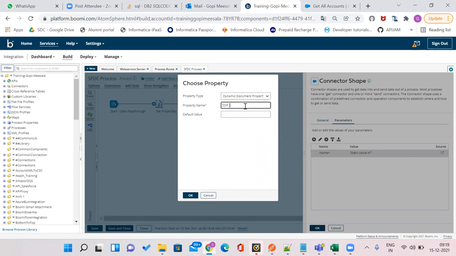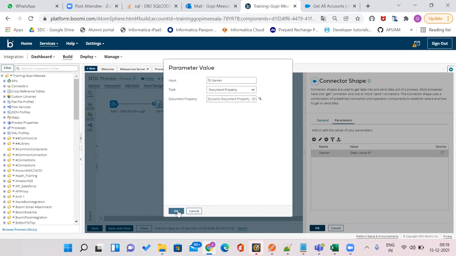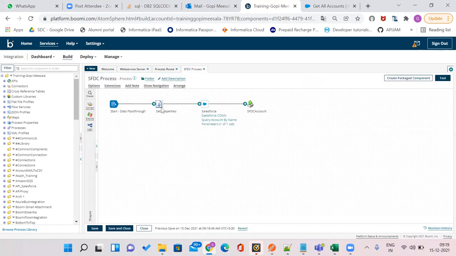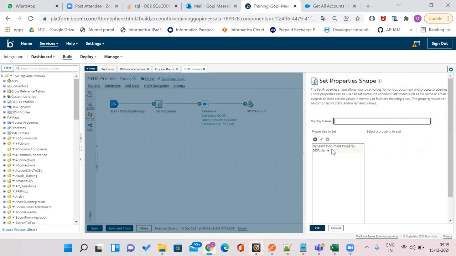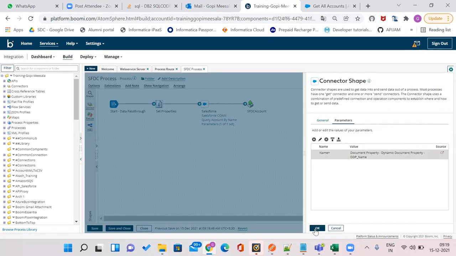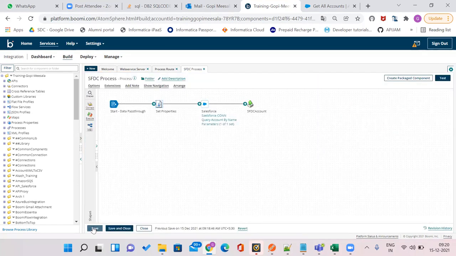DDP underscore name. Actually, we are not passing whatever we are setting in the set property shape. So that is the reason it's not getting any data. This value is passing to DDP underscore name, and here we have given a static value, empty. So now again we have to